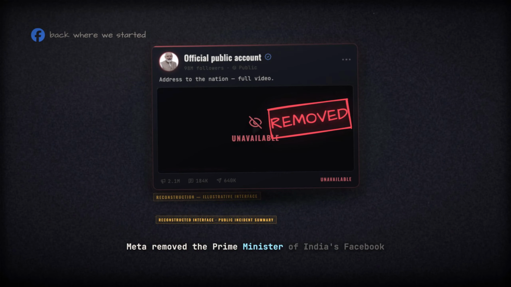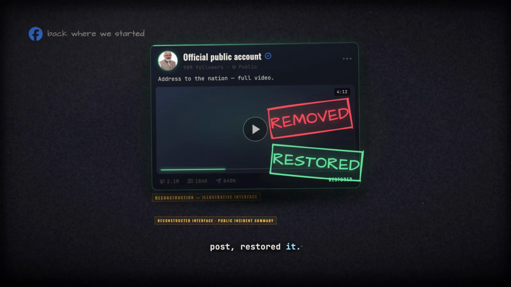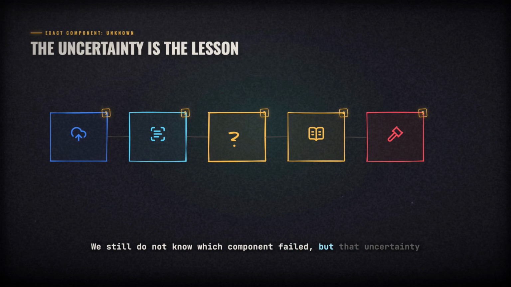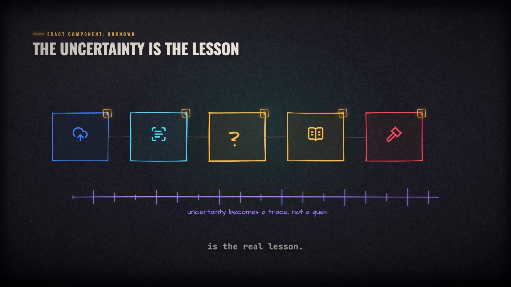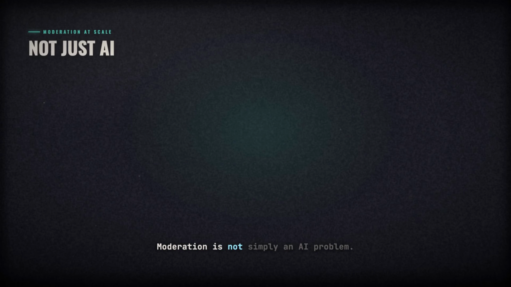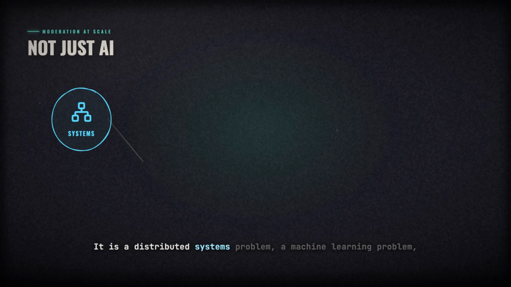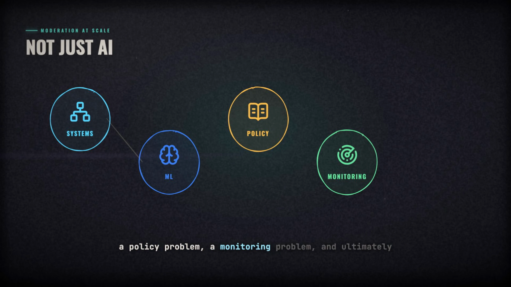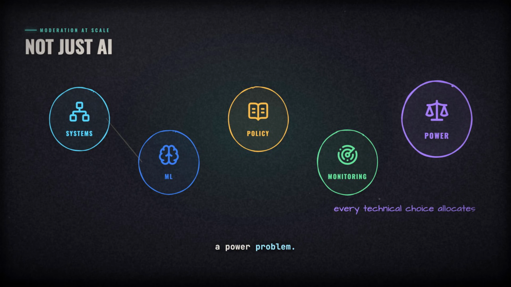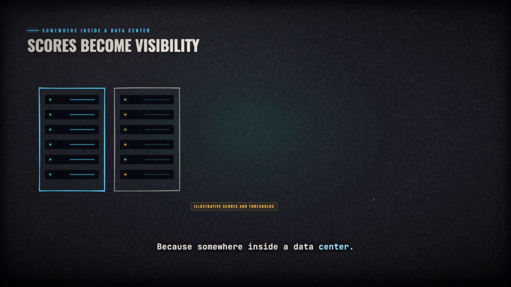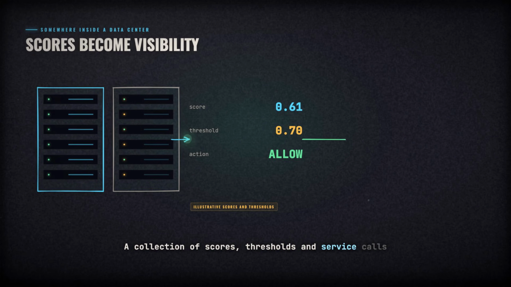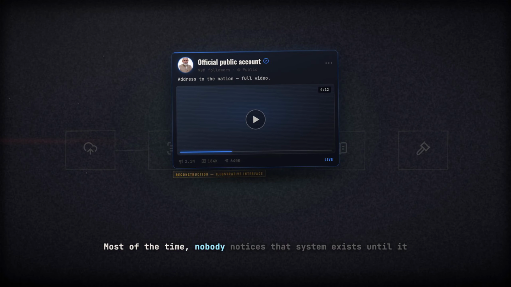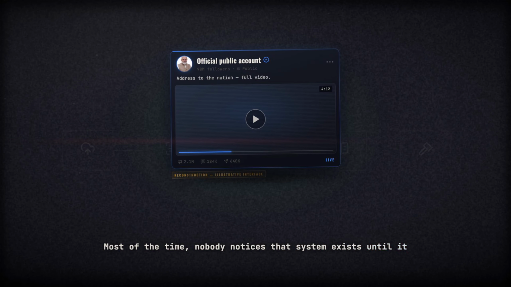Meta removed the Prime Minister of India's Facebook post, restored it, and said the removal was an error. We still do not know which component failed, but that uncertainty is the real lesson. At this scale, moderation is not simply an AI problem, it is a distributed systems problem, a machine learning problem, a policy problem, a monitoring problem, and ultimately a power problem. Because somewhere inside a data center, a collection of scores, thresholds, and service calls decides whether billions of people can see a message. Most of the time, nobody notices that system exists until it deletes the wrong post,